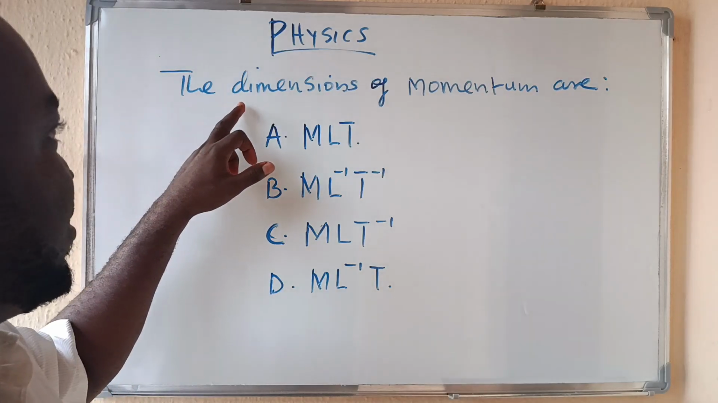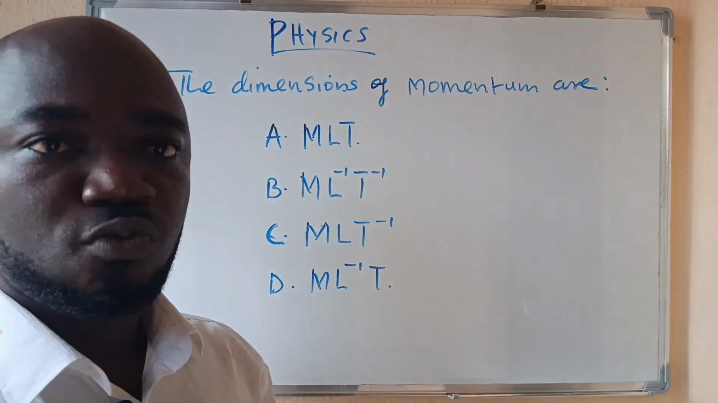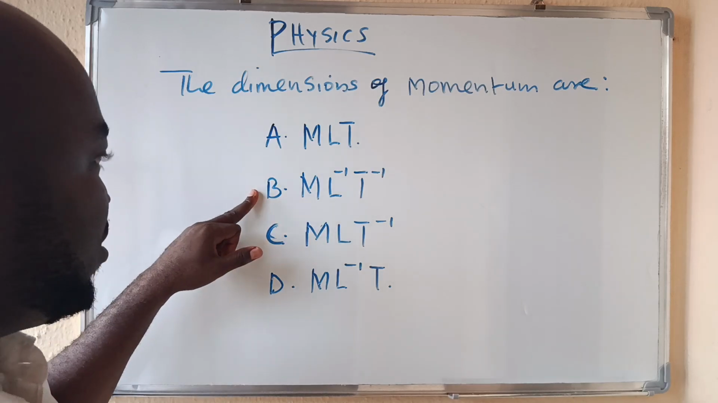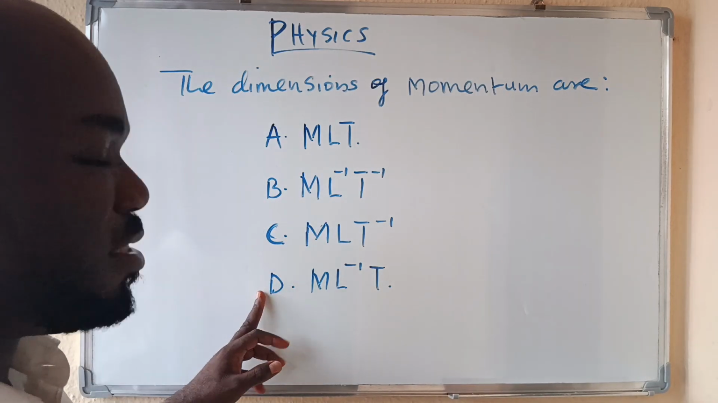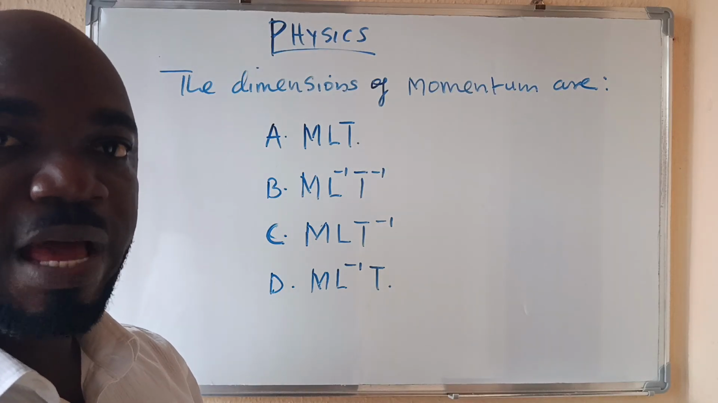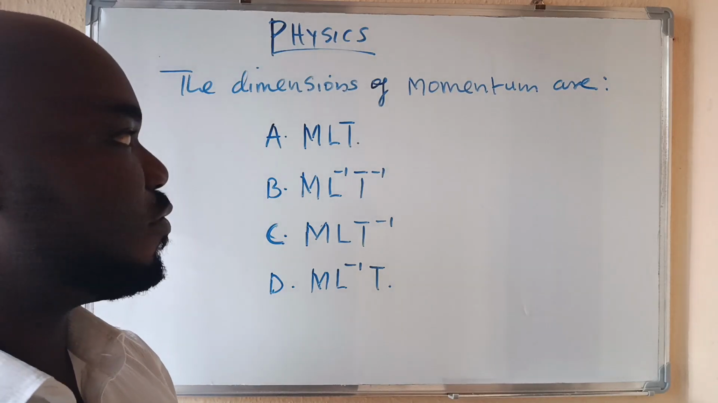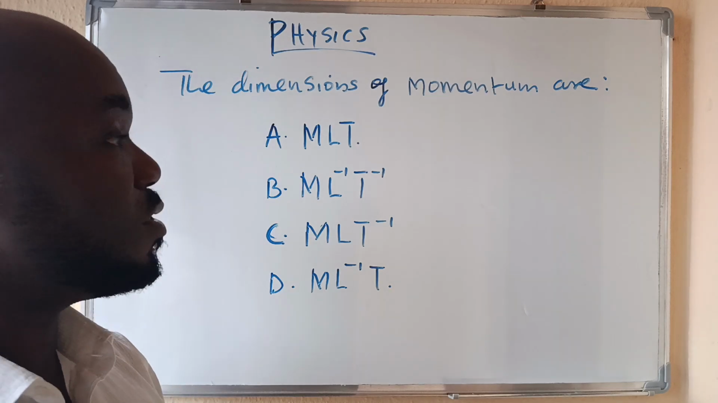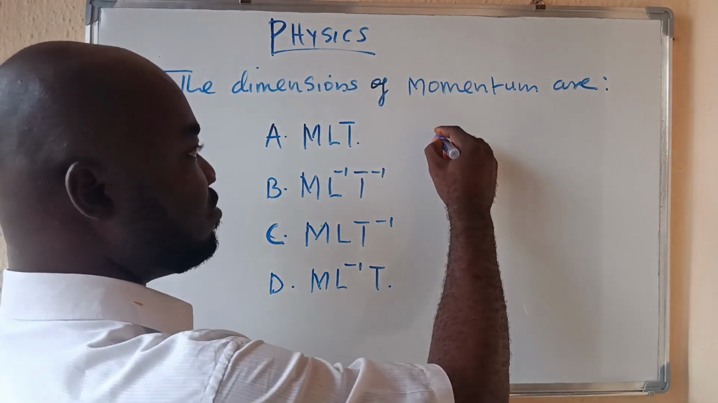The question says the dimensions of momentum are, we have option A, B, C, and D. Which of these options represents the dimension of momentum? First, before we go into that, we want to explain what momentum is. What is momentum? Momentum mathematically